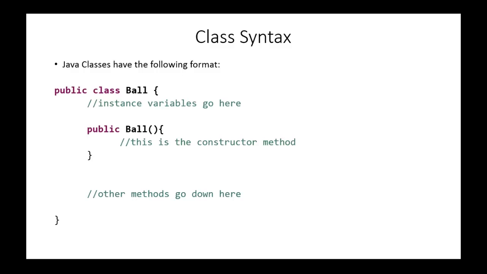And then right here is something called our constructor method, which we're about to talk about in a few slides. And so basically this is called ball. This is another name that you create, just like a variable name or a method name. And the convention here is that your class names usually have a first letter which is uppercase. This is the reason that we have method and variable names that have a first letter of lowercase, to be able to easily distinguish between class names and method and variable names. So a little bit of convention there for you, but of course you can name that anything you wanted as long as there's no spaces in it, just like the other two. Okay, so now